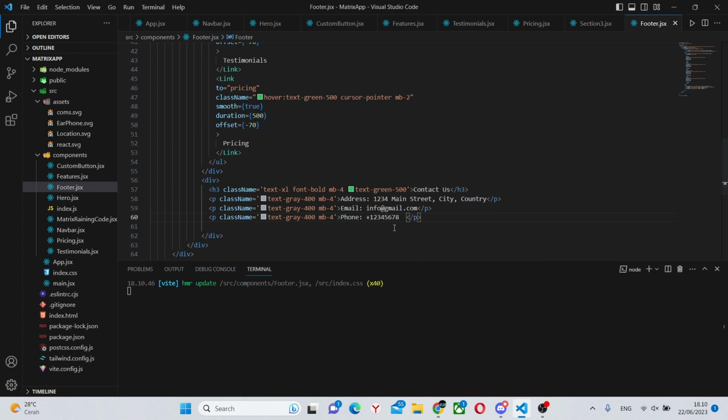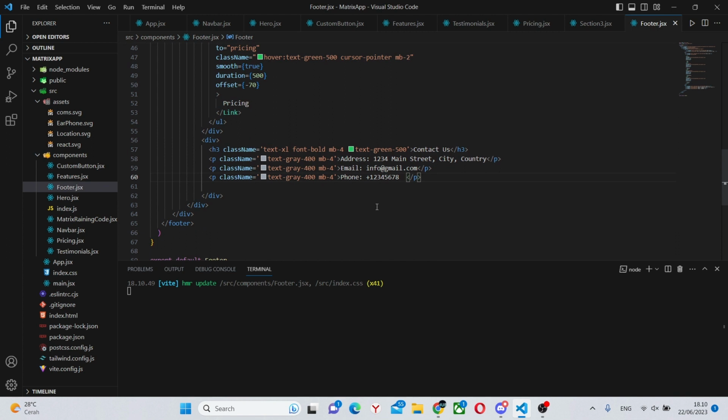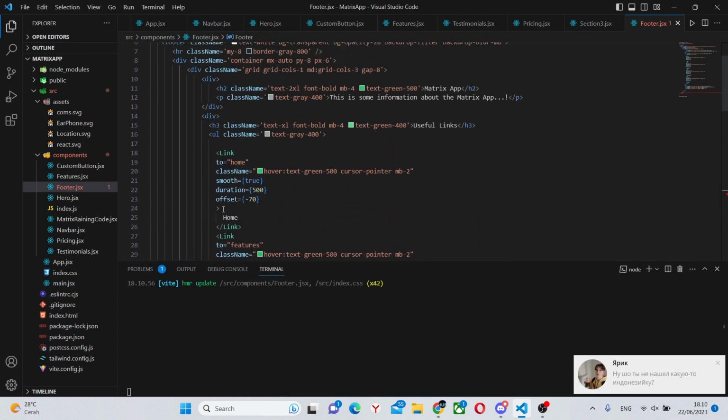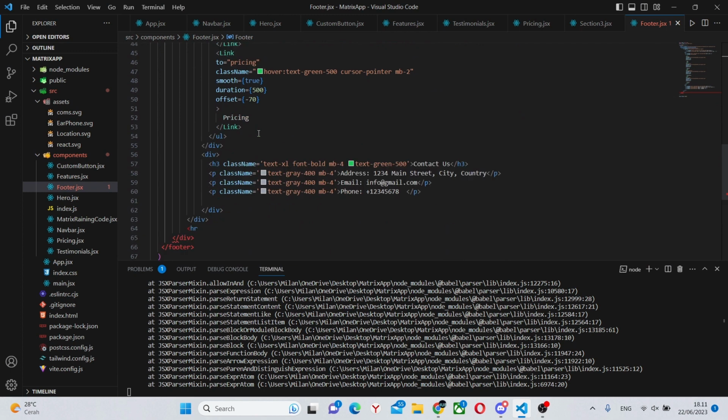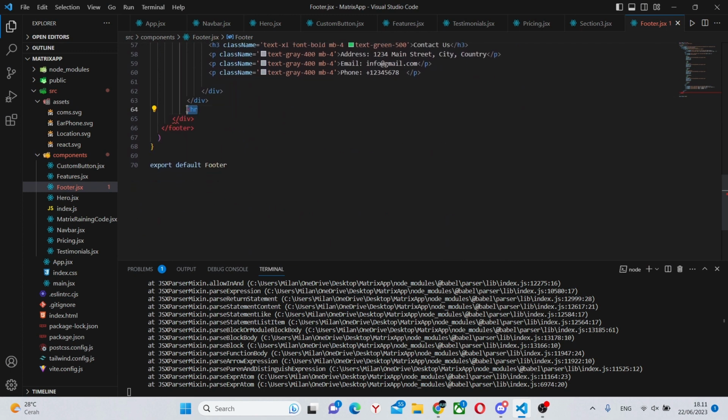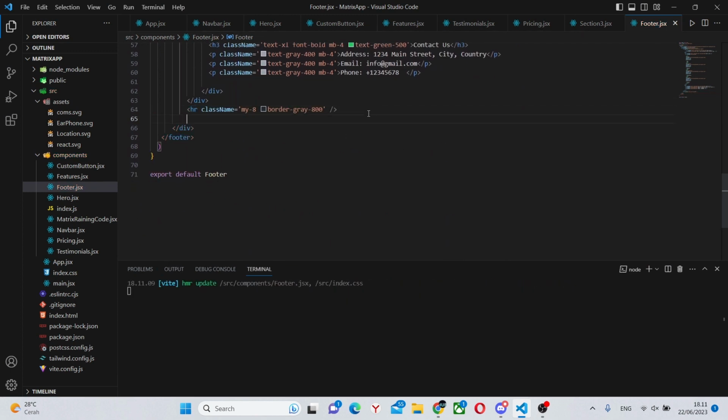Now one final part, and that is going to be going under some more divs. So under this one and under this one, we can create an HR, the exact same one that we had before. So now we can technically simply go over here and copy it and paste this HR tag over here. Under this HR tag, we can put a p tag with a class name of text-center and text-gray-400.